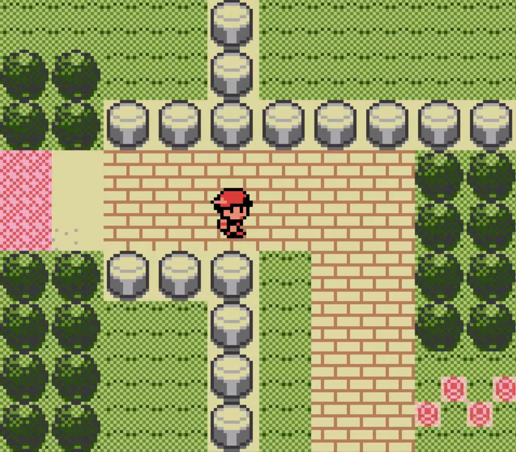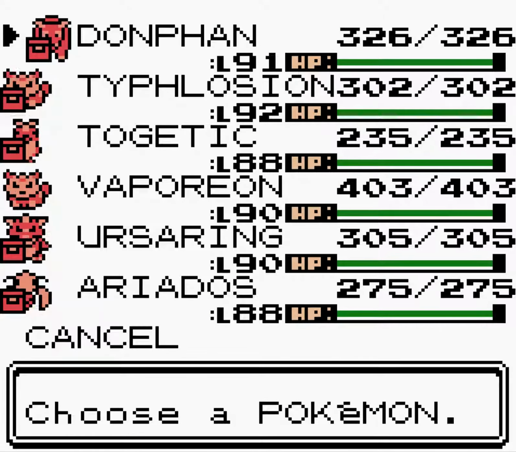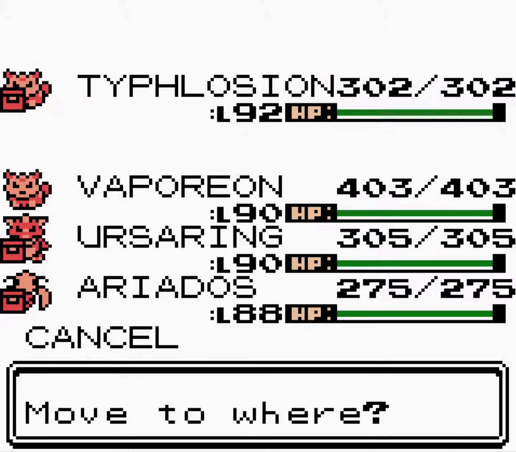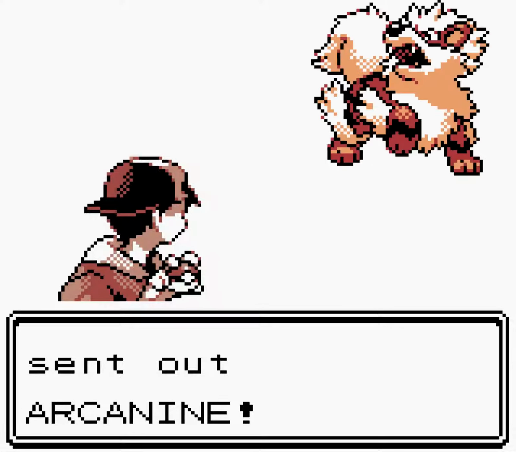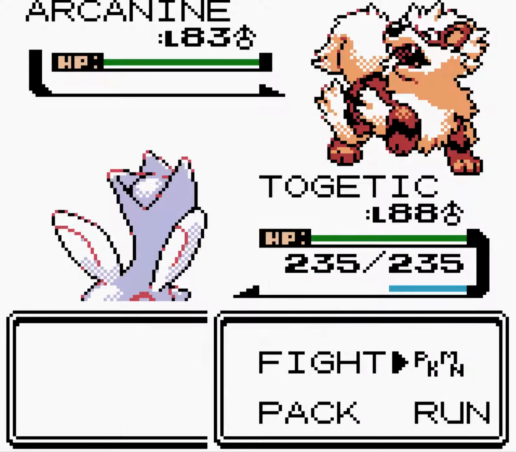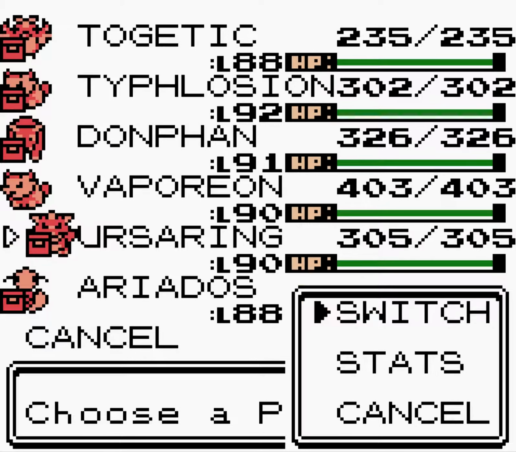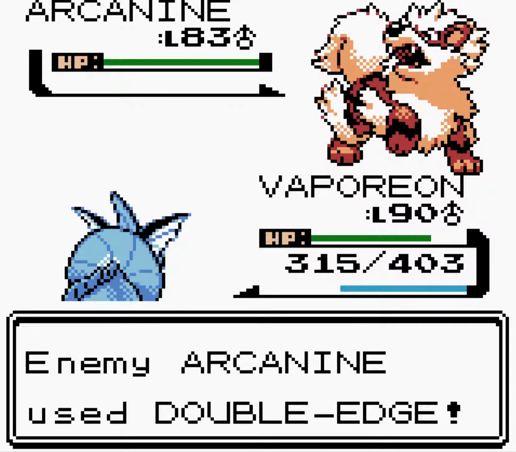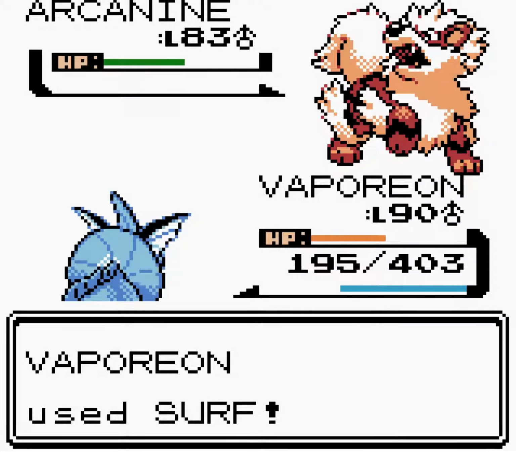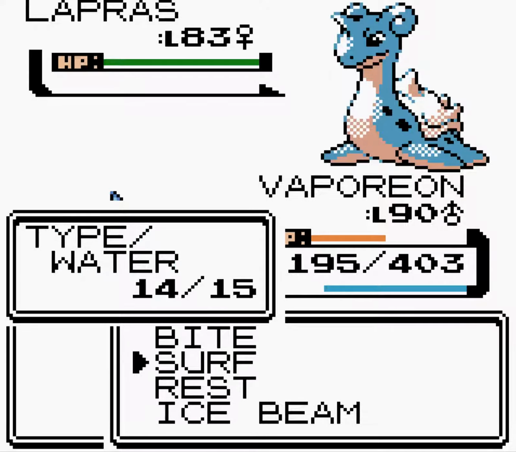And now what we have to do is we have Route 15 here, and we have a bunch more trainers to battle in the aim of trying to get our Pokemon up to the max level that we can. So we start off with a teacher who has an Arcanine, and we will go into Vaporeon. Probably expect a Double Edge. It's a 2-hit KO. Surf's going to come in, take out the Arcanine. And then you've got a...